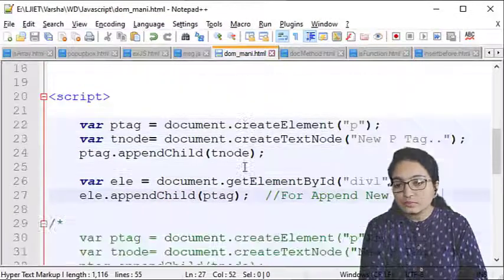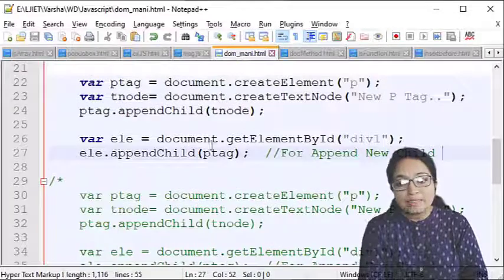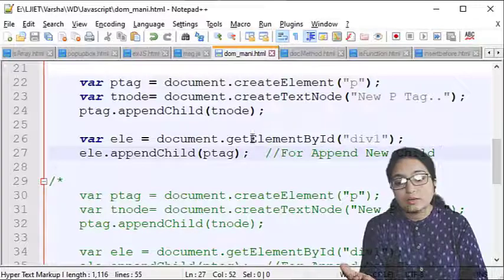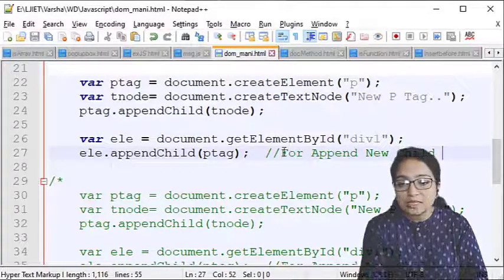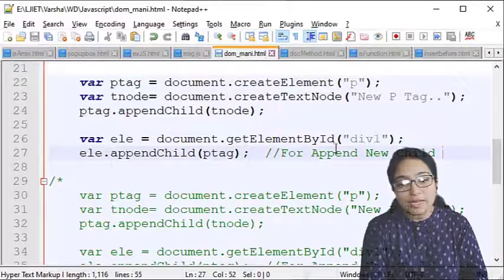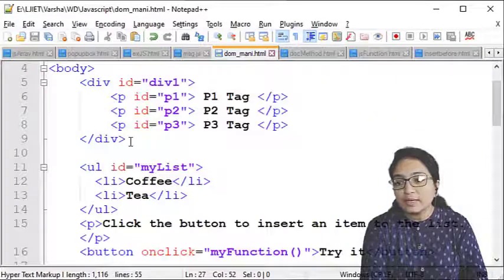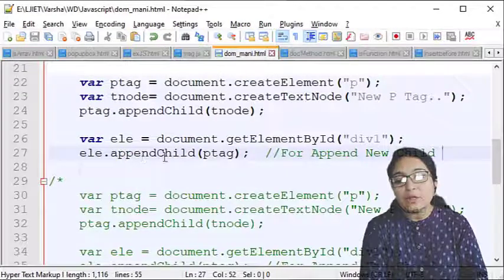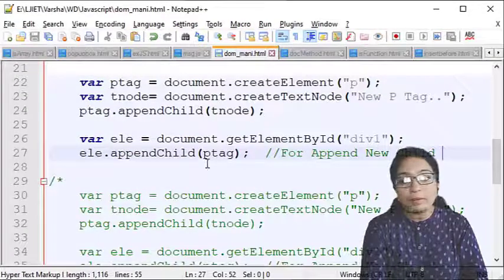So here you can see variable element is equal to document.getElementById. Again we are using this DOM method to access the element. So document.getElementById div1. Here we have defined the id div1. And element.appendChild. Which child do we have to append? The p tag.